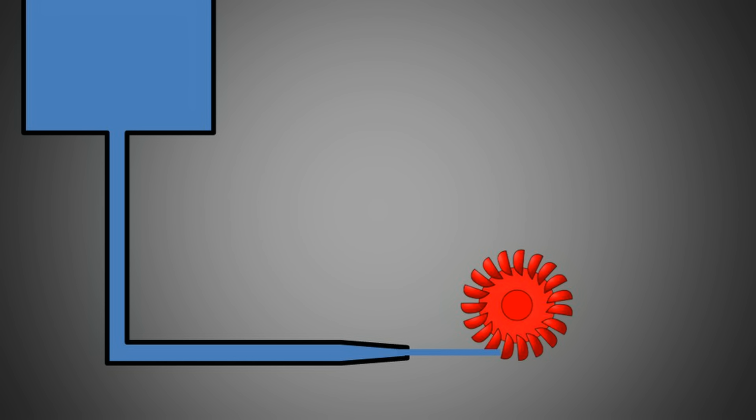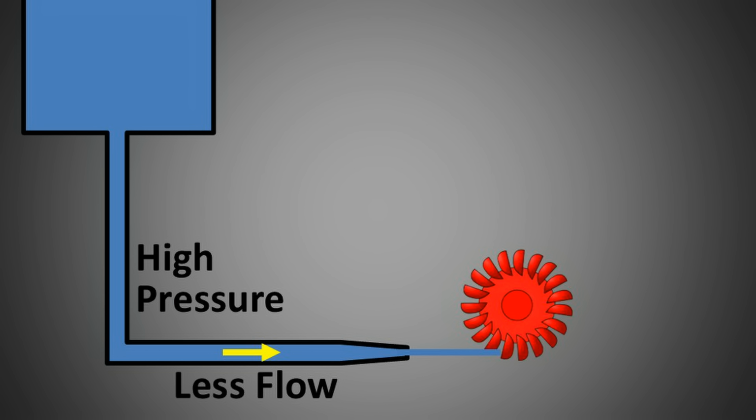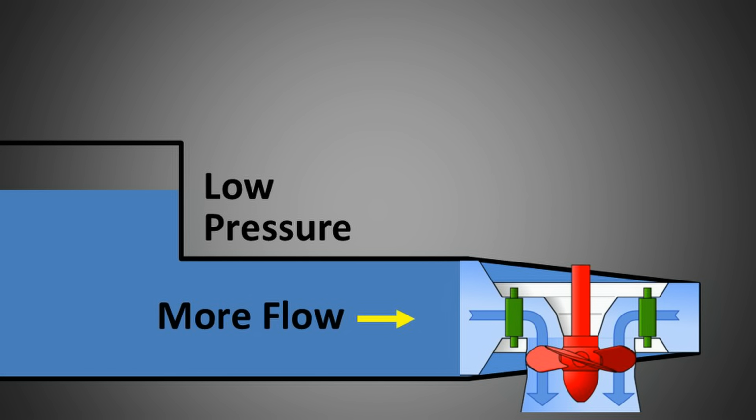To understand this, let us go back to our water tank example. Imagine that we want to run a machine using the water in the tank. For example, we want to rotate a turbine. If the tank is placed very high, the water has high pressure. With high pressure, a small amount of water flowing very fast through a nozzle is enough to rotate the turbine. But if the tank is not very high, the pressure is low, and the velocity of the water is also